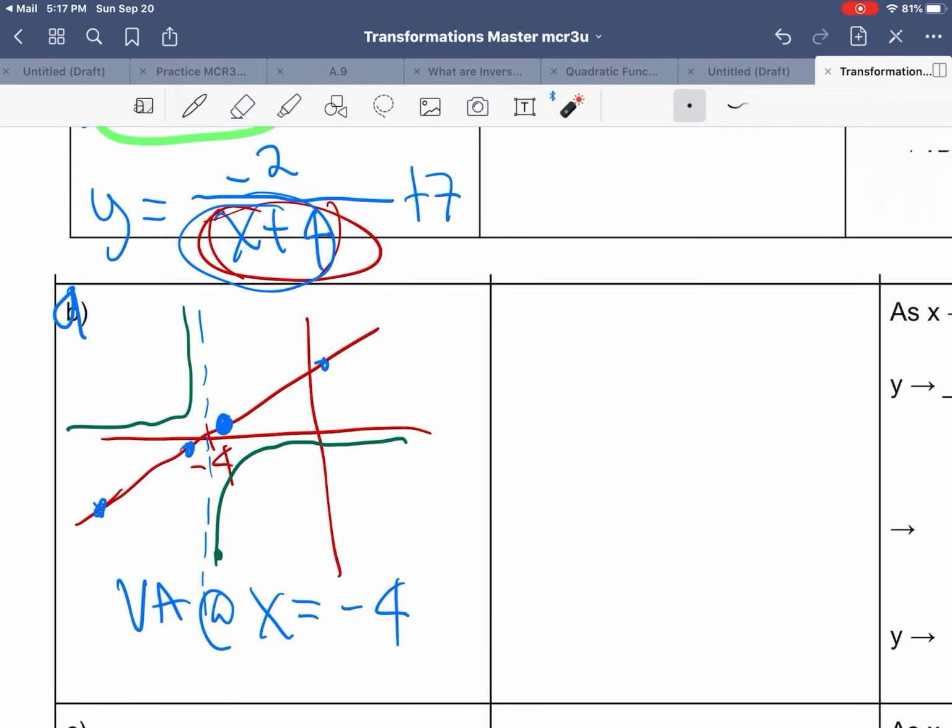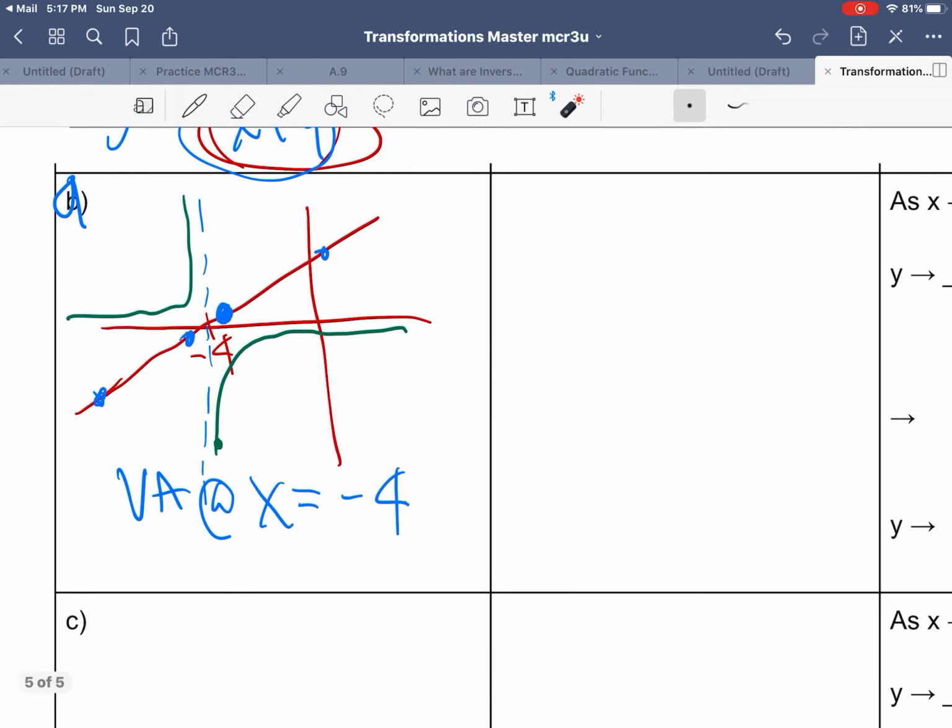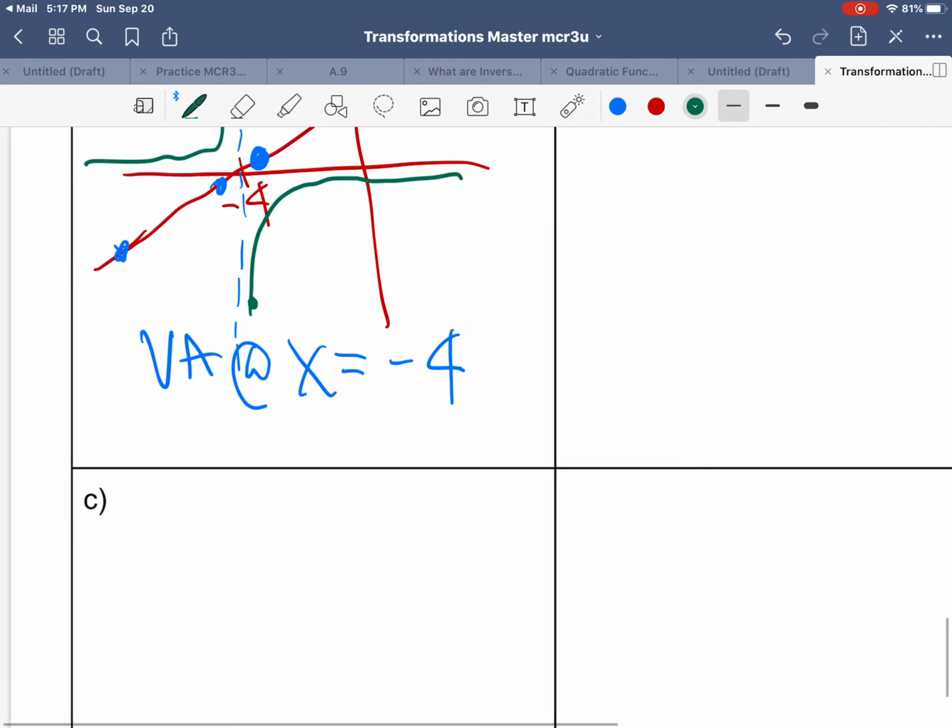But it's on the negative side of 0. Which in fact, this graph is, because that's 0 there. So this is down here on the negative side of 0. So we have a vertical asymptote at x equals negative 4. Now, what we can say is,